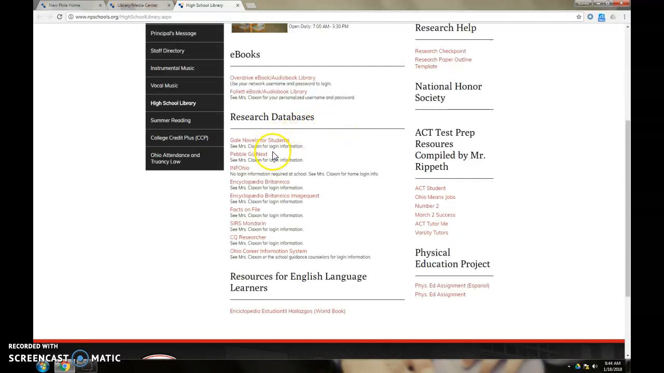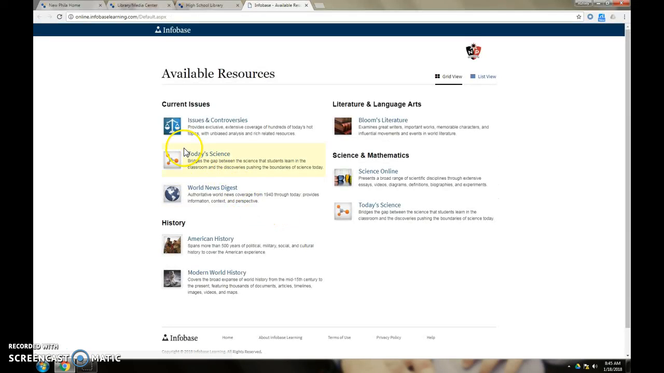The first one that we're going to go to is actually the second one on your list, the handout that I've given to you, Facts on File. All of the usernames and passwords for the databases that we will reference are on that handout. This one didn't ask me for it, but you probably will need to put it in yourself. So anyways, Facts on File covers multiple